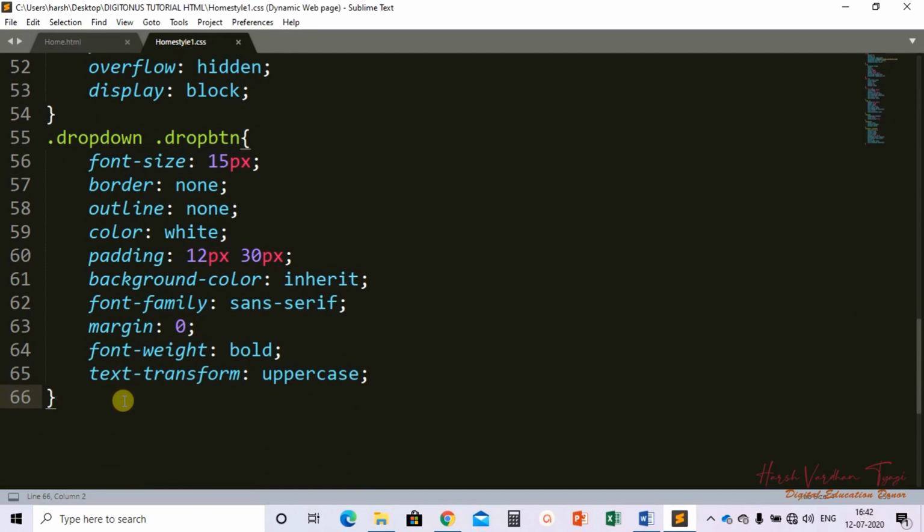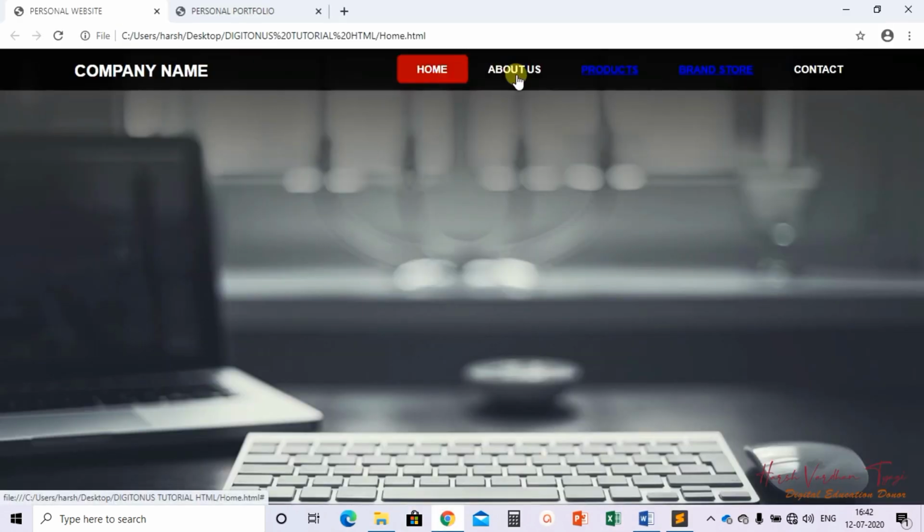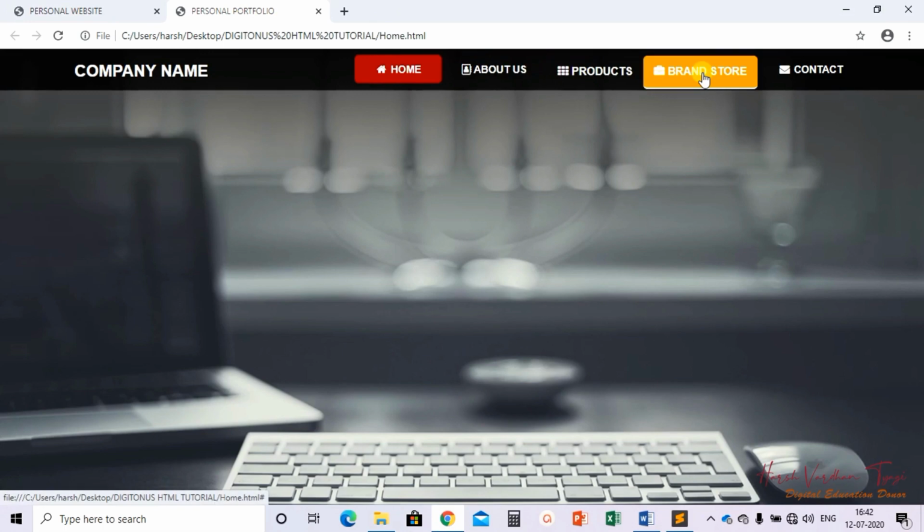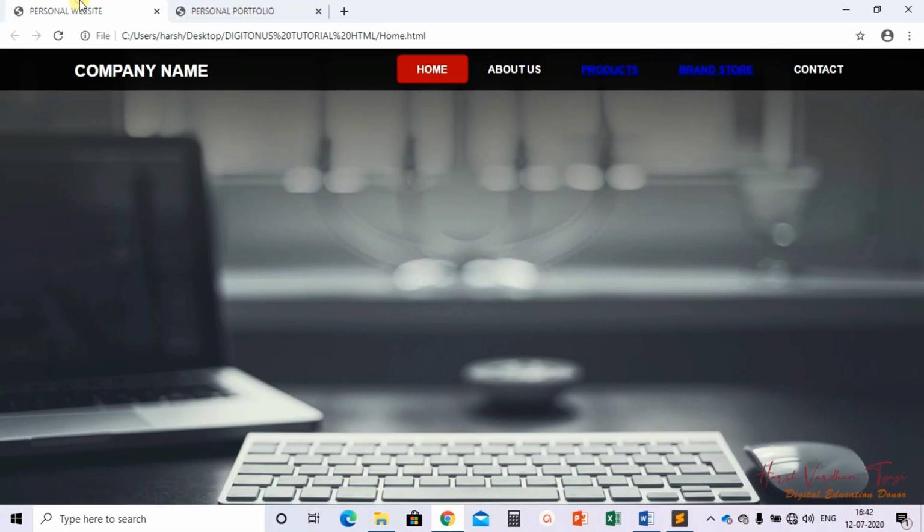Now we have to add the background color to the navigation links. Like here, if we see here we have a white background, yellow, so we have to add the background color also.